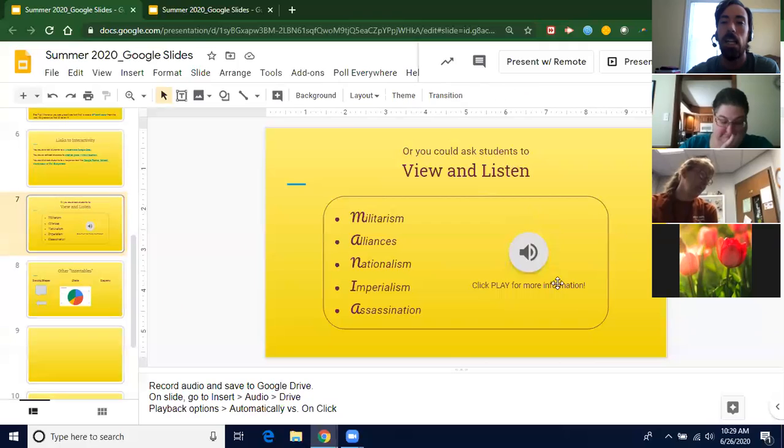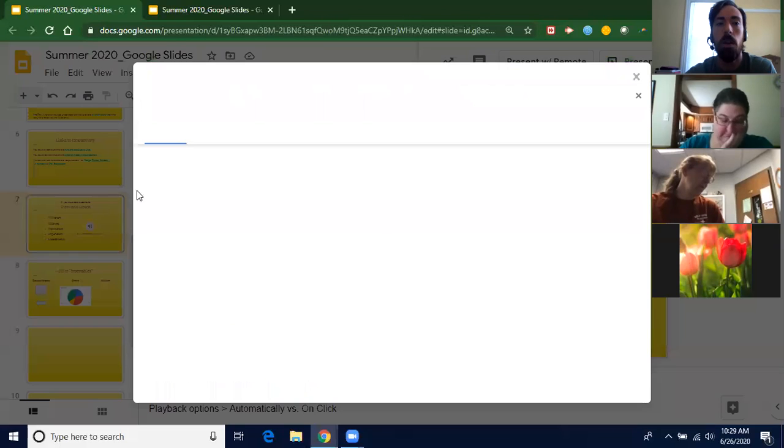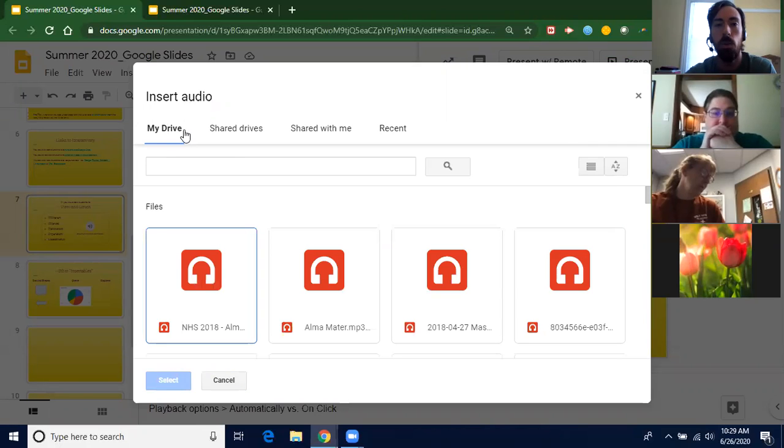And it's a short clip just for this demonstration, but that's something that you can do too, is up here in the insert ribbon and go down here to insert audio. You can insert any audio files that you have within your Google Drive. And that makes it a little bit more challenging because you can't record right here. But if you have another place that you can record, whether it's an app on your iPad or even on your phone, just to record the audio portion of it,